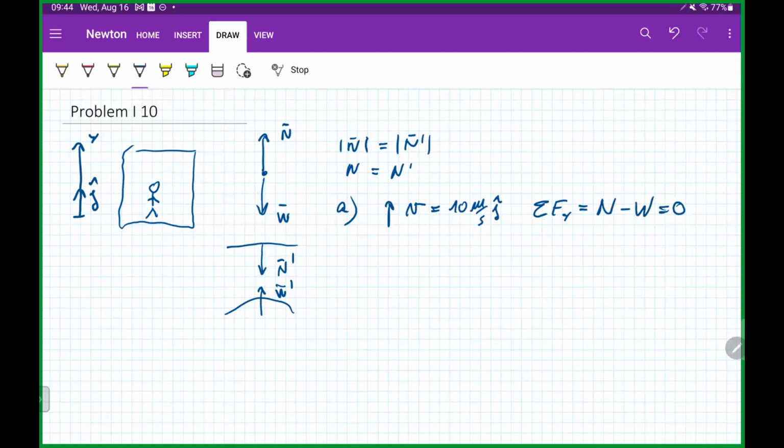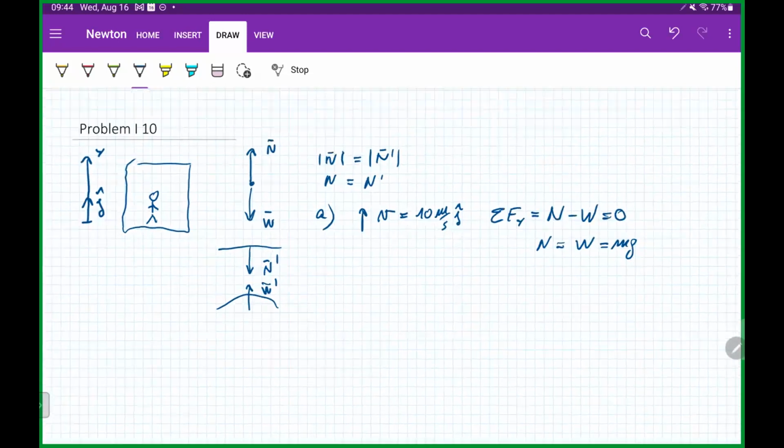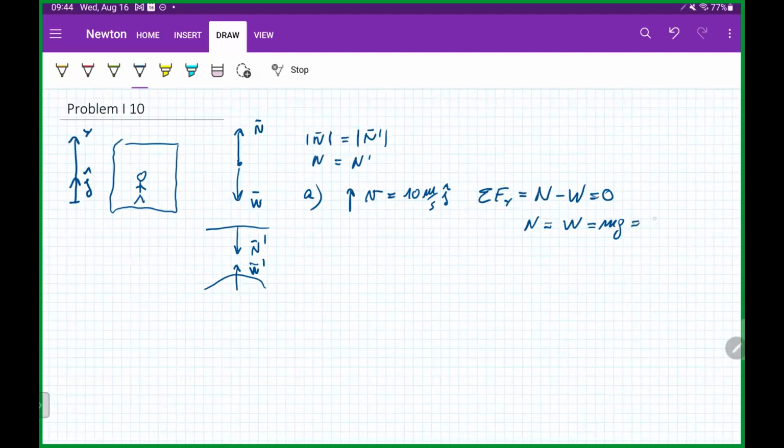Okay, because we have constant velocity, we don't have acceleration, so we simply can write N equal weight. Okay, and can we calculate that? Yes. So that's mg, equals, let's just replace the man's weight, the mass is 70 kilograms times 9.8 meters per second squared,